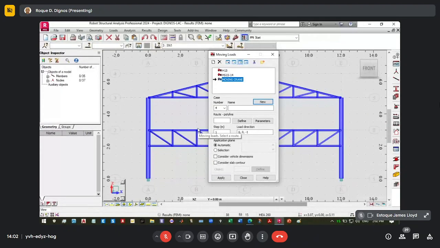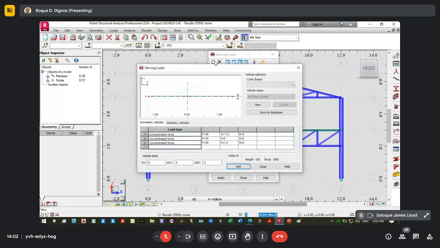So first, select new, and then new again, and then you say moving crane, and then okay.